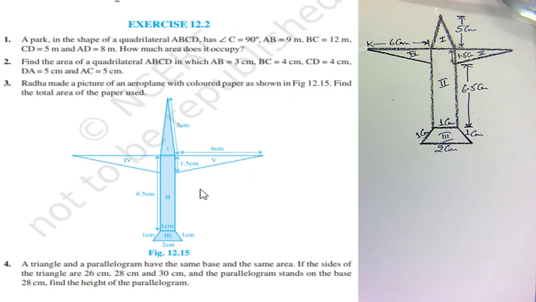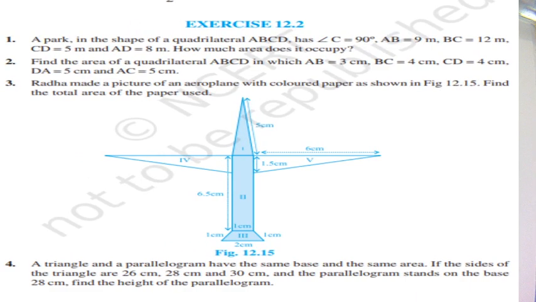So the figure of the aeroplane is shown. Now you have to find the total area of the paper used. You need to find the total area of the paper. So you can see the dimensions given to you. If you see the dimensions there,